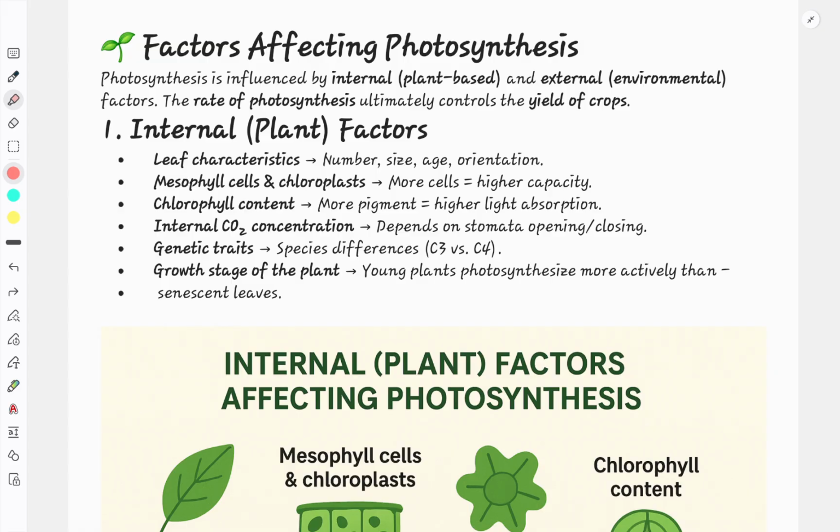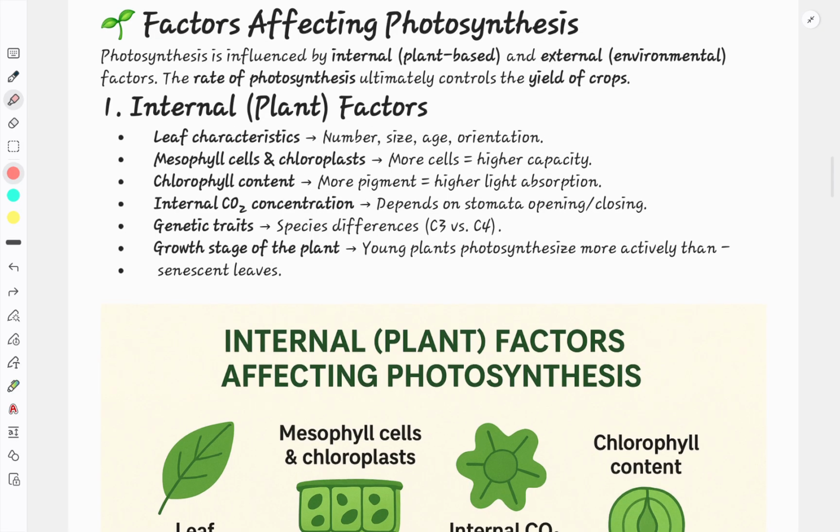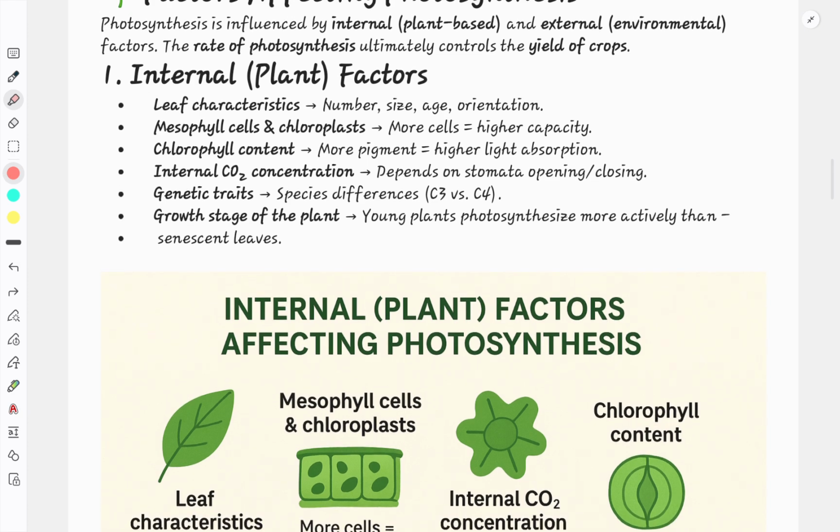Now, two types of factors: internal or external. Internal means the factors which are directly in contact with or in control of the plant. First of all is leaf character. How does it affect the photosynthesis rate? The number of leaves, type of leaf, age of leaf. Suppose a plant has more leaves,